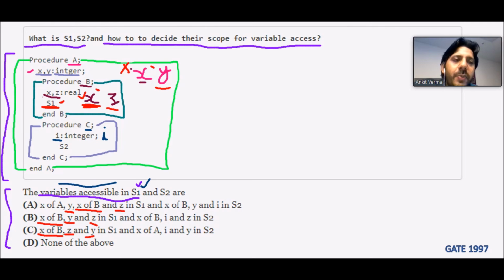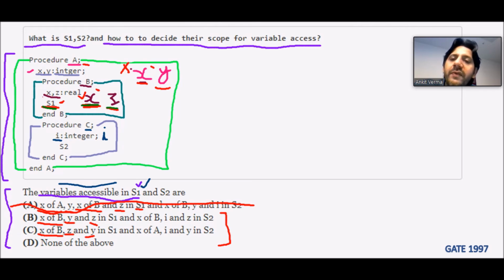Please analyze one important thing. Option A says X of A in S1. That means it says we can access the global variable X, which is part of A. So option A is immediately removed, and we are left with options B, C and D. If I elaborate, S1 is inside B. There are two local variables, X and Z, so we can access them.